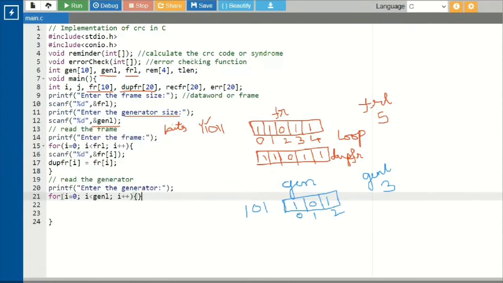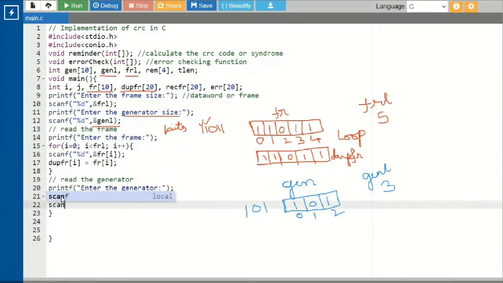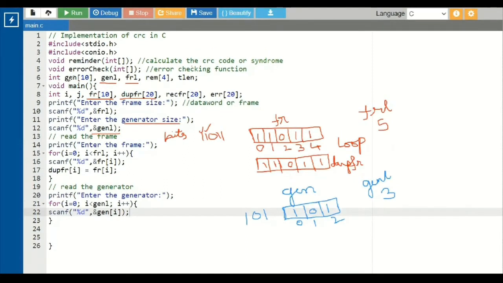I am looping this particular gen array from 0 index. So I is equal to 0, I is less than gen L and I plus plus. scanf percentage D and gen I. So each and every bit of the generator will go into the specified index of the gen array. Now that we have read in the frame and also the generator,